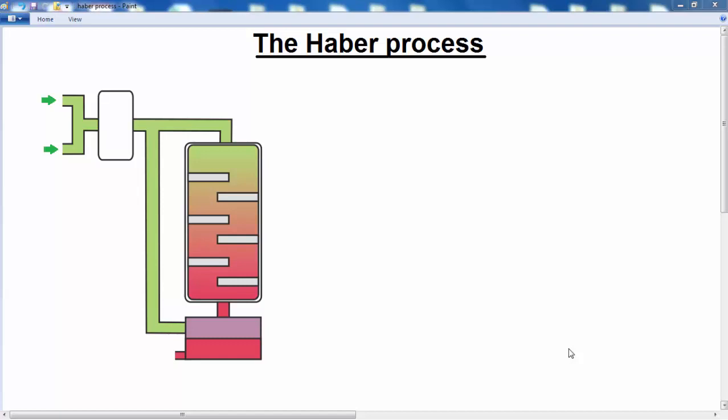In this lesson we're going to look at the Haber process. The Haber process is used for the industrial manufacture of ammonia, and we're going to be discussing this apparatus here in front of you. But before we do that, let's have a look at the all-important equation for the production